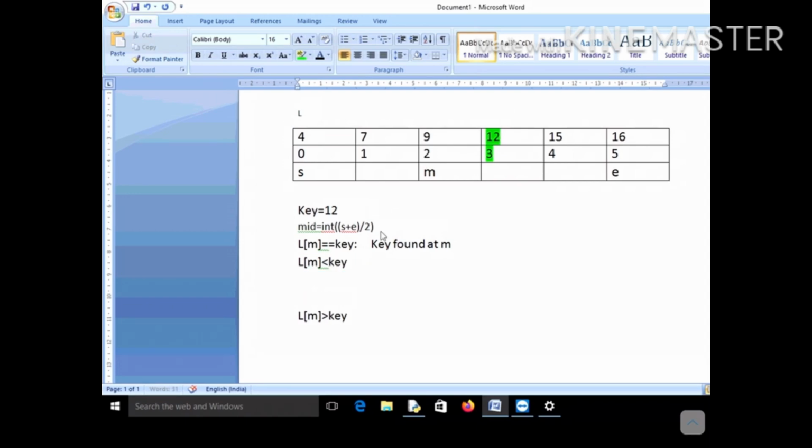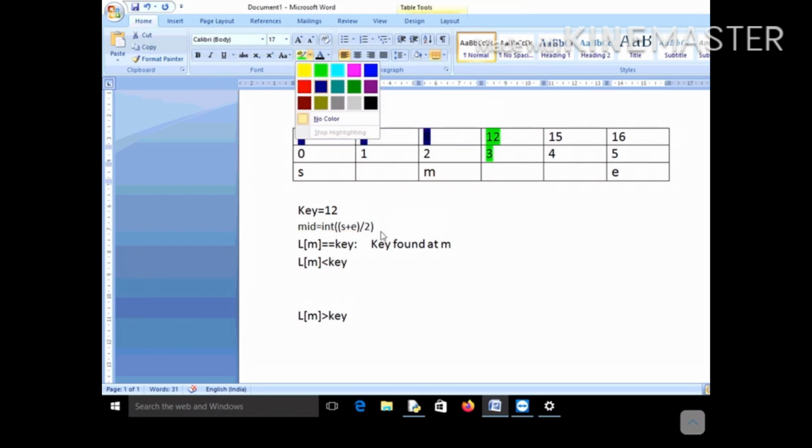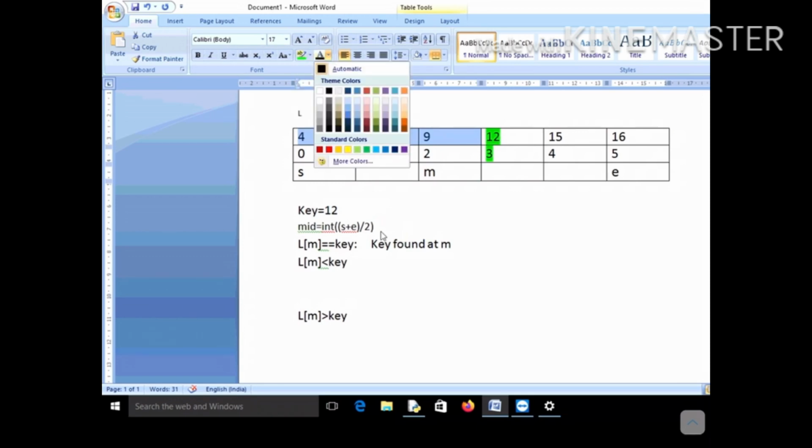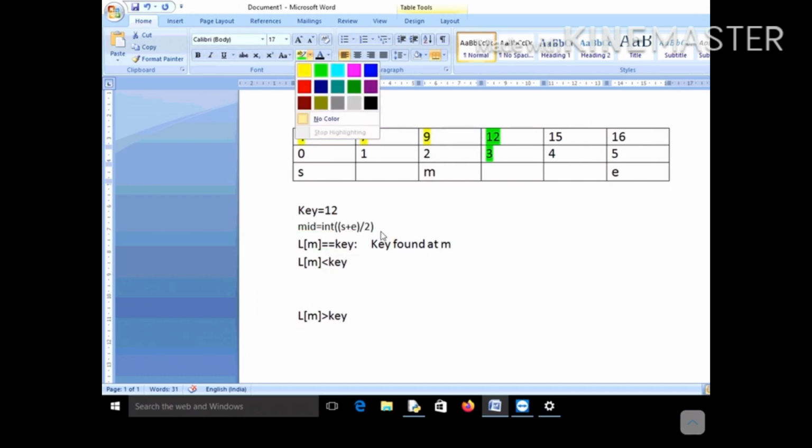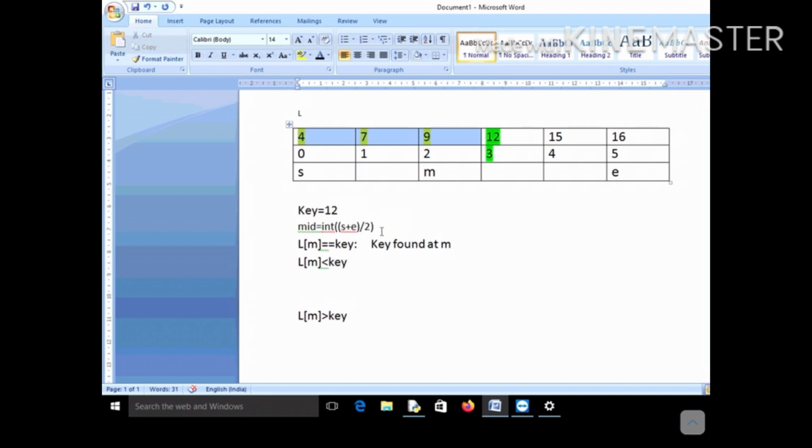So what do you do in this situation? Definitely this means that you need not search this particular portion of the list, this 4, 7, 9. You become sure that the element you are trying to search is present ahead of M and not before M. So let me highlight this portion with yellow, meaning it has now been searched.